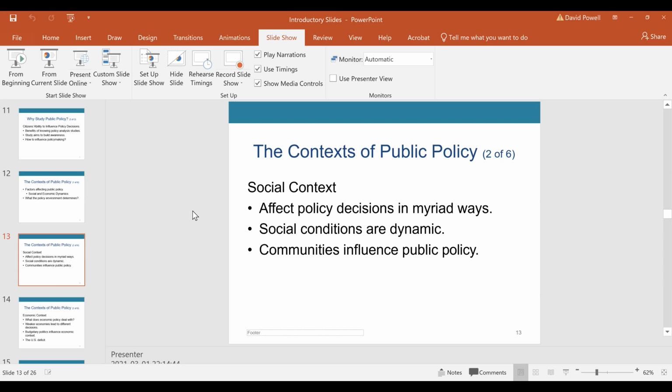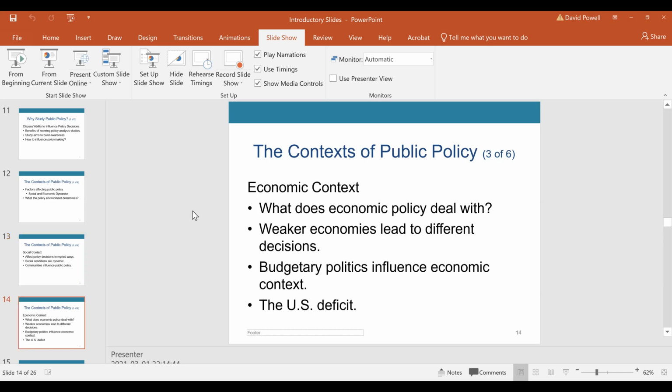And so if you live in an area where you have to have school levies, those levies are probably going to fail if you have an older type of demographic. So demographic changes have big impacts upon the resulting public policies. The economic environment also has a big impact upon the resulting policy that you end up with. Things like unemployment, things like inflation, things like budget deficits will all have impacts upon the nature of your public